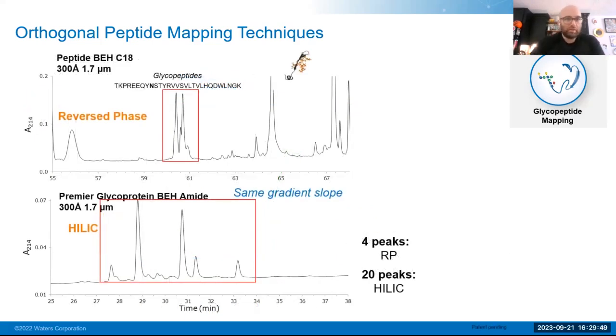And we zoom in here. This is what you would typically see on the top in the red box. We zoomed in further from the initial chromatogram. Again, the majority of the peaks are compressed in on themselves, and this is just due to the peptide itself driving the separations. And then on the bottom, leveraging a similar gradient slope, we're able to pull apart and see some very discrete separations based off of the actual glycan type itself.